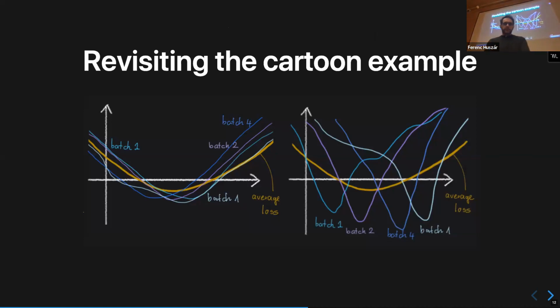So revisiting this cartoon example, remember the 2 different minima that you might find in a problem. One where all the mini batches say the same thing, and the other one where the mini batches disagree, but on average, they would produce the same average loss. And I said that SGD has a difficulty converging to minima like this because there is high variance, so it might just be catapulted out of the vicinity of the minimum. So now,